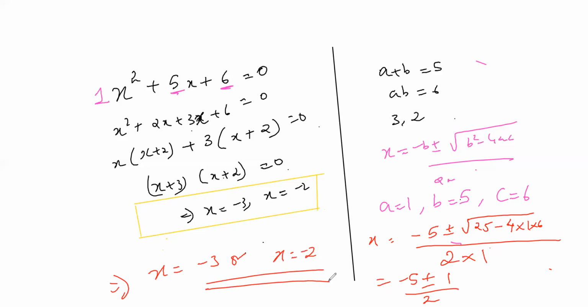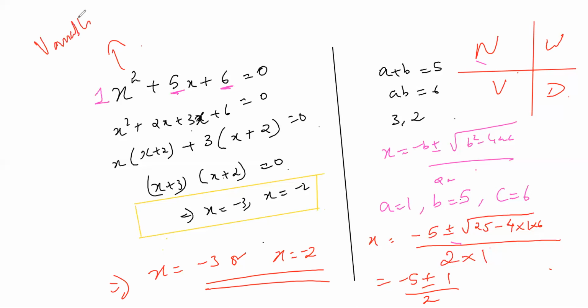So in maths, again I'm drawing one very important thing. 4 quadrants. What are the quadrants? Numbers, words, variables, and diagram. So what is this thing? This is fully variables. So for variables, we can use any method for solving. That's it. Please copy down this thing.